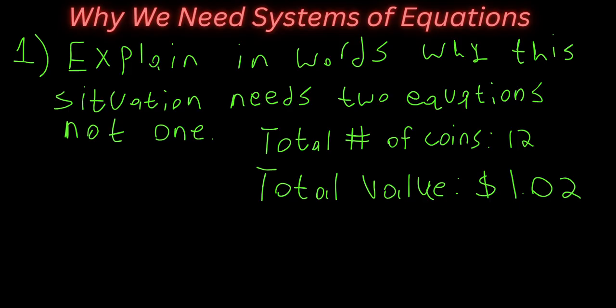But if we know the total amount, there's only one way the coins can be combined to make the amount $1.02. So we would approach this problem knowing, and I'll just keep it in words,